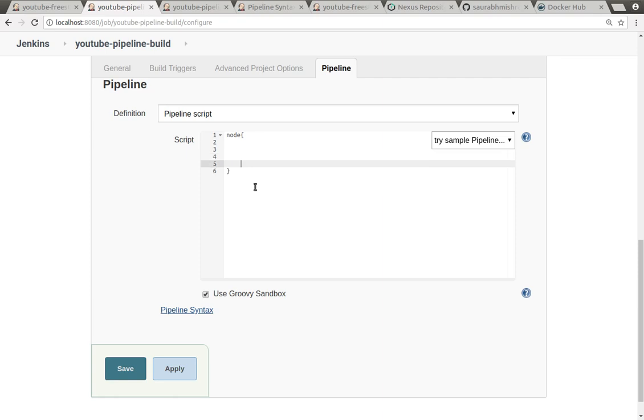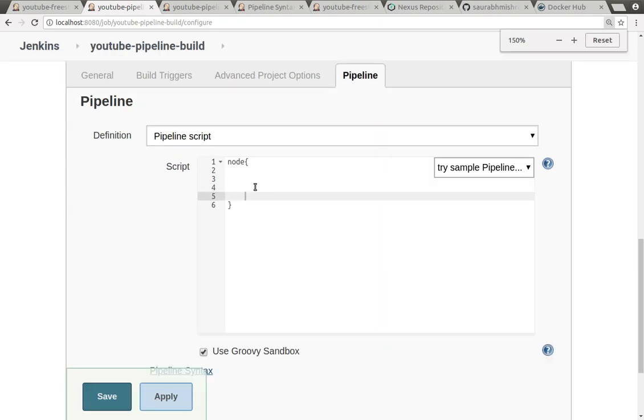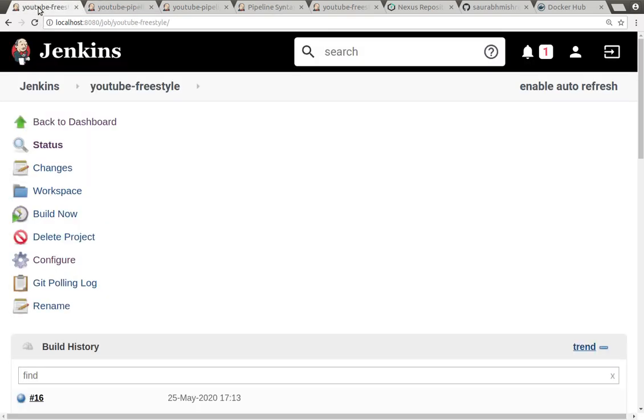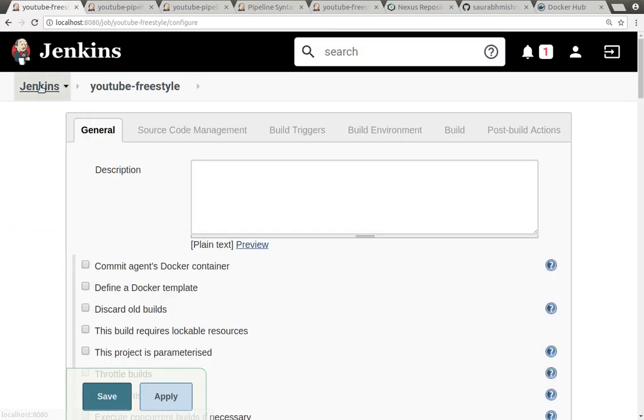So what exactly is a node? Basically, Jenkins works with a master-slave architecture. Master-slave architecture is required for building pipelines when we have a bigger requirement, where a pipeline is capable of building thousands of jobs together. In that case, we need a master-slave kind of architecture. For that, I'm saying node, take the current node as the node configuration. If you want multiple nodes to be configured, you can come here and configure them.